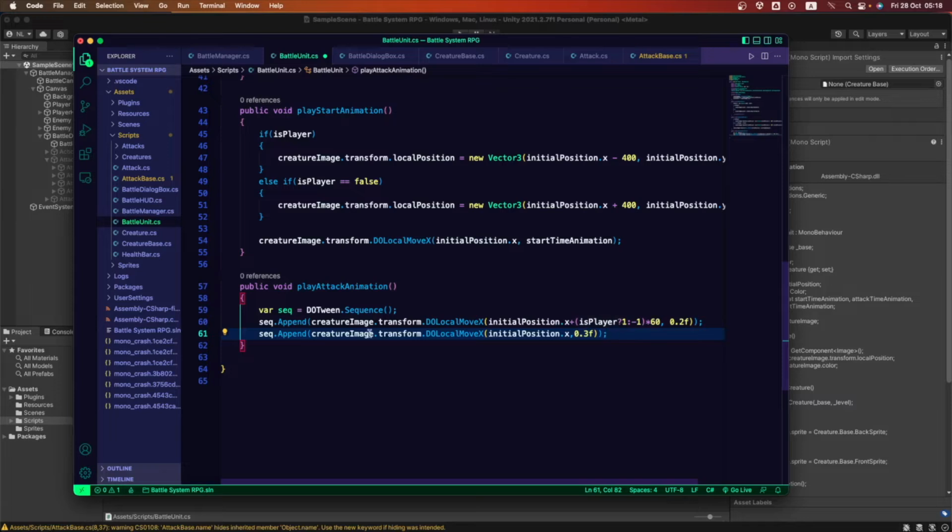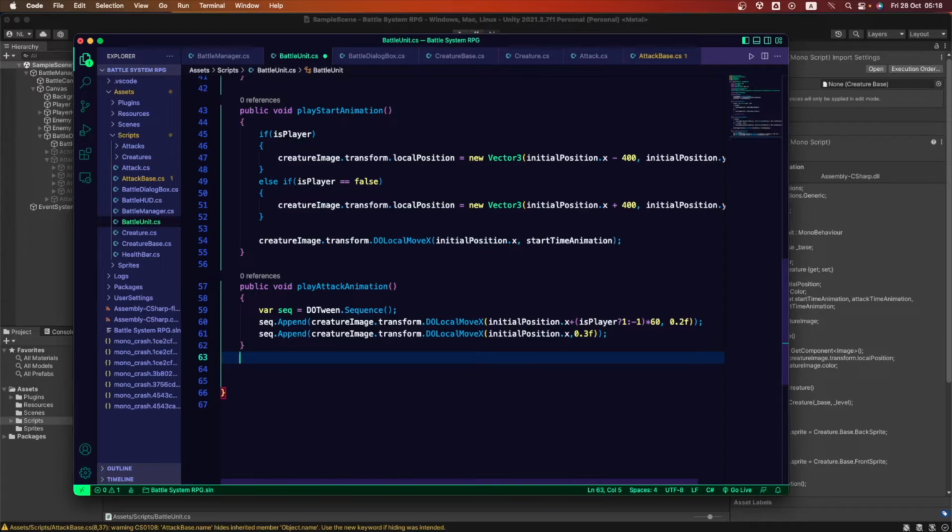Okay, so let's go and create our receive damage animation. Okay, so we're gonna add all of the animations right now, the receive damage animation and the death animation. We're gonna add them because we're gonna be using all of them throughout the building of this system.